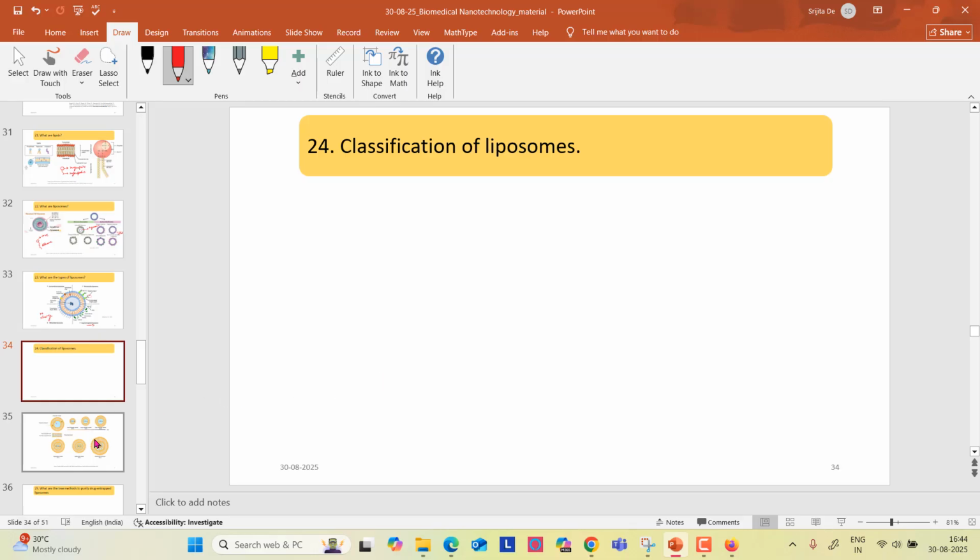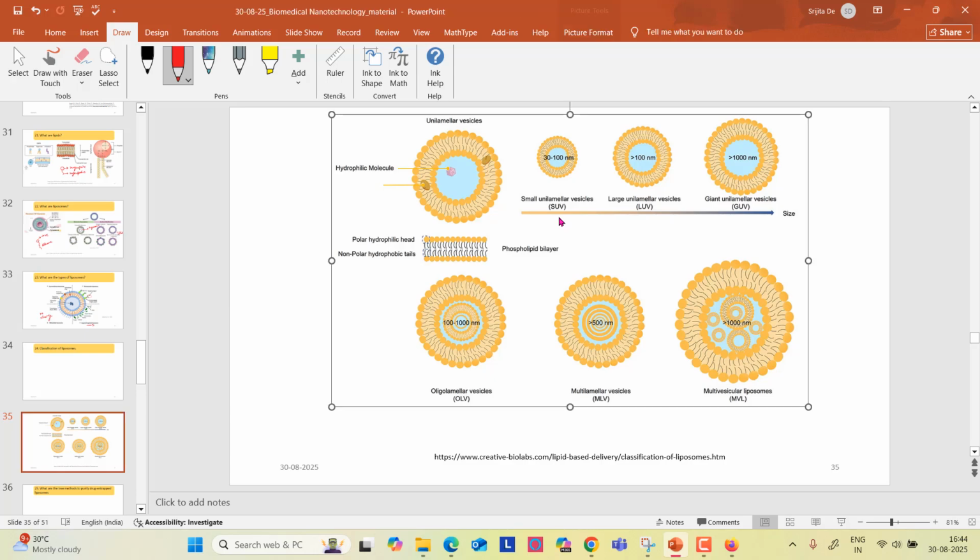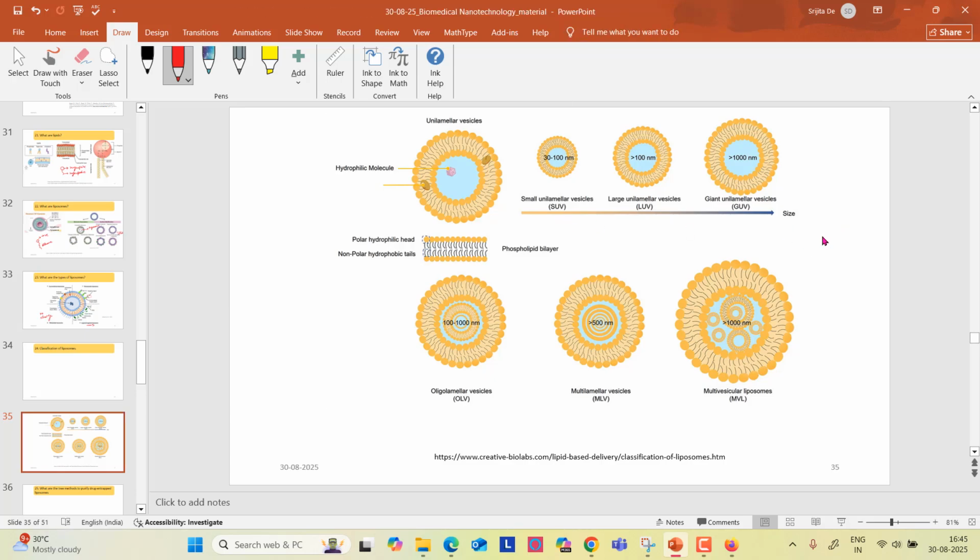So these are various types of molecules. I will come to that. First, let me write what the types of liposomes are. So this is the SUV, LUV, GUV and the